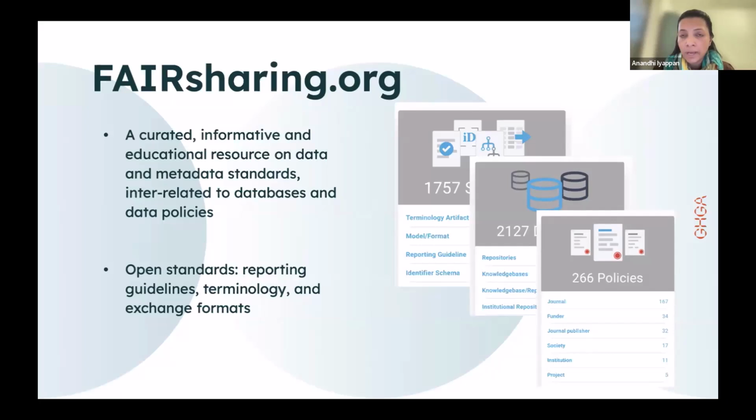Also, the question from Beatrice, maybe I would use the space to answer here. So they have a metric system where if you submit data to them, they will be able to come up with a score and tell how FAIR the data is. And rating fairness is very subjective because it depends on what we are aiming to achieve in that particular project. So even FAIRsharing has a tool which can be customized and can be evaluated for fairness. And it is very subjective to the data that is being submitted to them. If we want to discuss this, we can also discuss this at the end of the presentation.